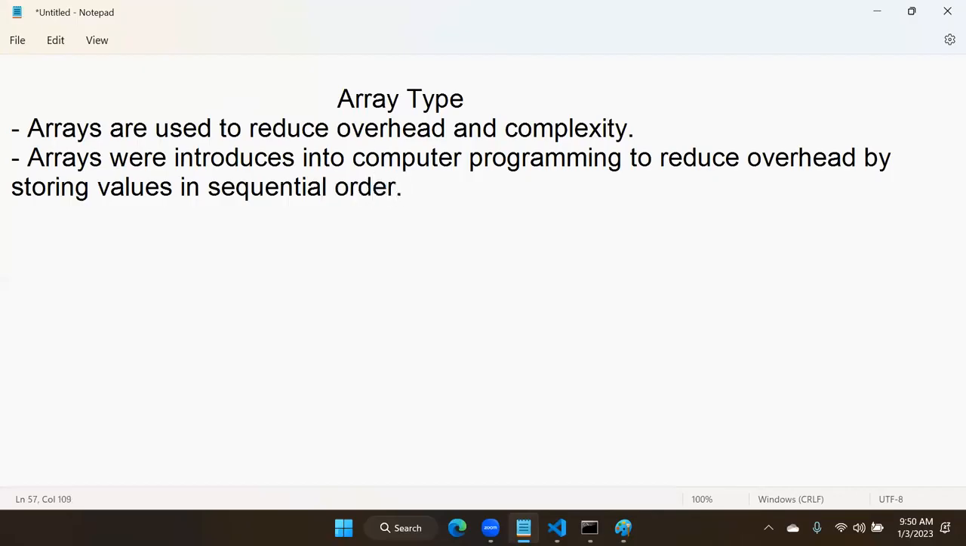By storing values in sequential order. Earlier, we didn't have the arrays concept. Arrays came into computer programming after floppy, CD, and hard disk were invented. Earlier, there was no need for the arrays concept because data was already in sequential order only. After floppy, CD, and hard disk were invented and used in our computer devices, we started